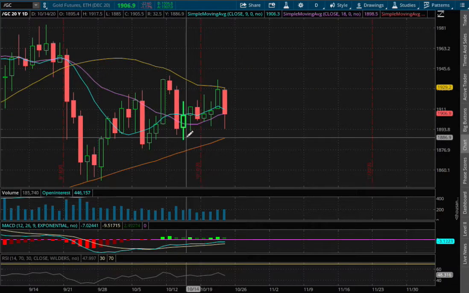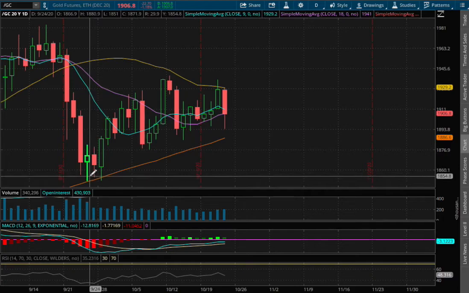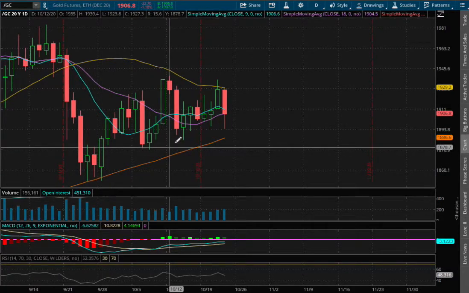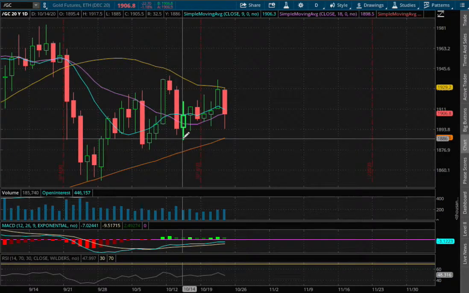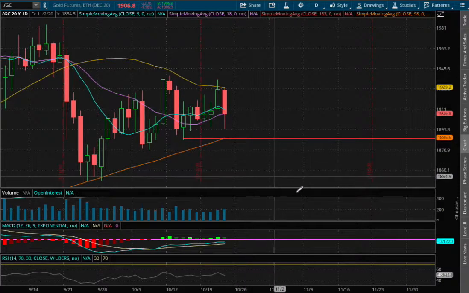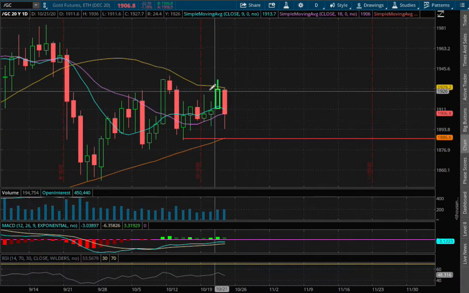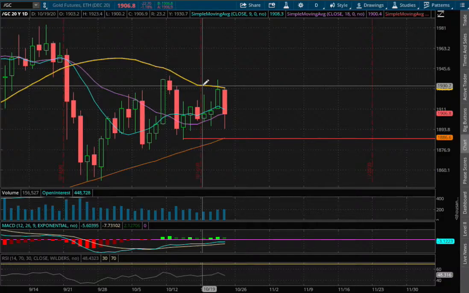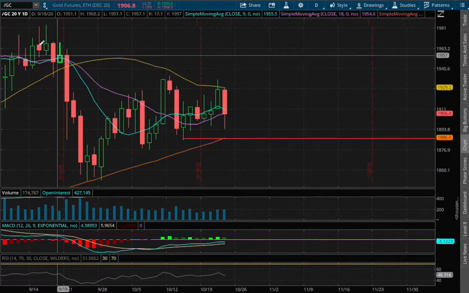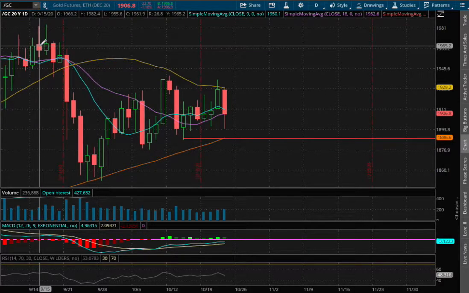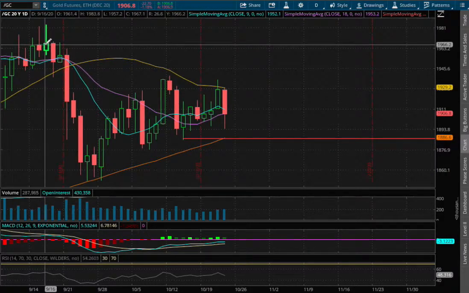$1,886, and that in the past acted as our support level as indicated back on September 24th as well as October 14th. And for resistance, we do need to break above this 50-day moving average. However, if we do manage to break above that level, the next resistance will be where we made past resistance back on September 15th at around a price of